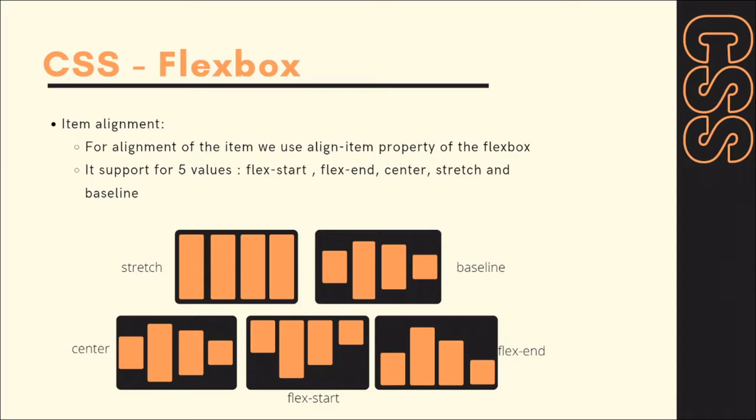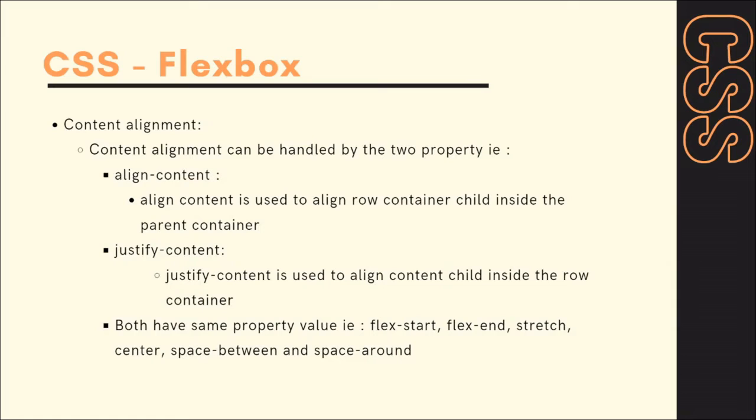And suppose we want the items not to be centered, but to be at the baseline of the container. Every container has some baseline, so using that we can align the items also. Basically the baseline is used when we want more exposure to the reading content. So in such scenarios the baseline is used. Moving forward with the content alignment.